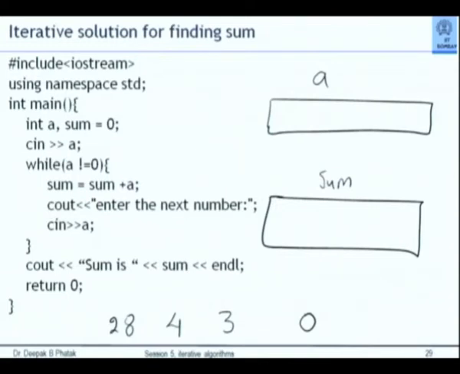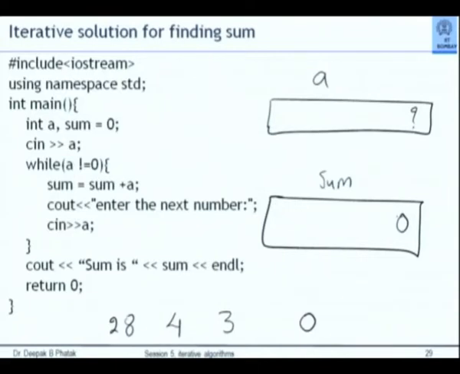First value A, I don't know what is there. There is a question mark here. And when I set sum equal to 0, there is a value 0. This will happen before the program execution begins, because this is part of my definition. Int A, comma sum equal to 0, to reiterate what we had once said, is an instruction to the compiler. The compiler, while translating the program, will reserve two locations, one for A, one for sum. And because I have set sum equal to 0, it will put 0 there.